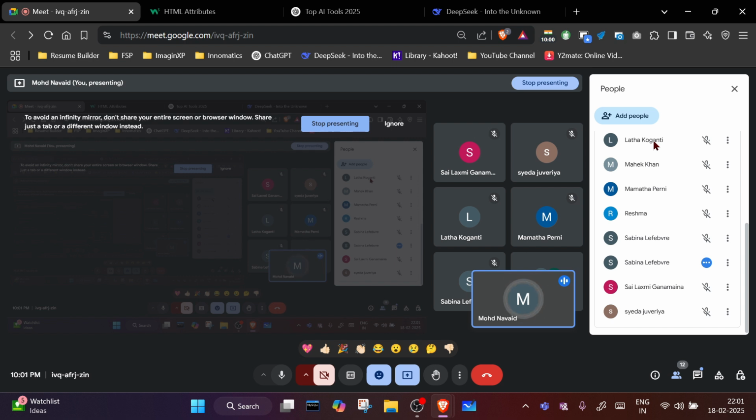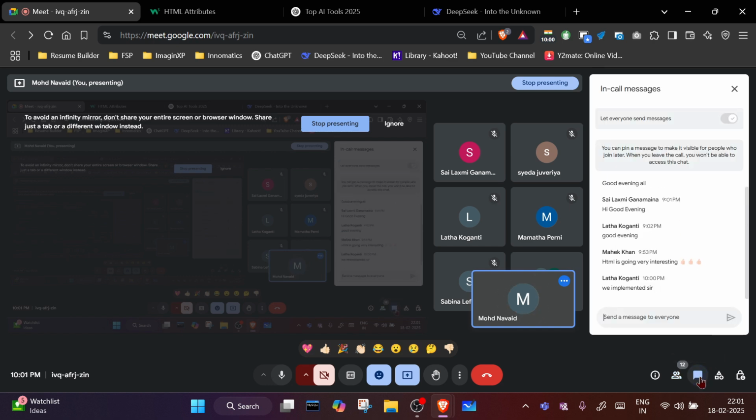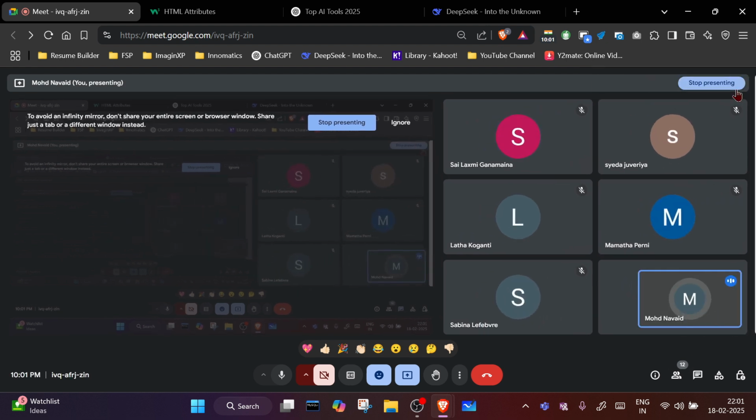If you are attending this class, a front end development class, you have to think out of the box, right? Okay, Lata implemented something. Lata, would you like to share your screen to show